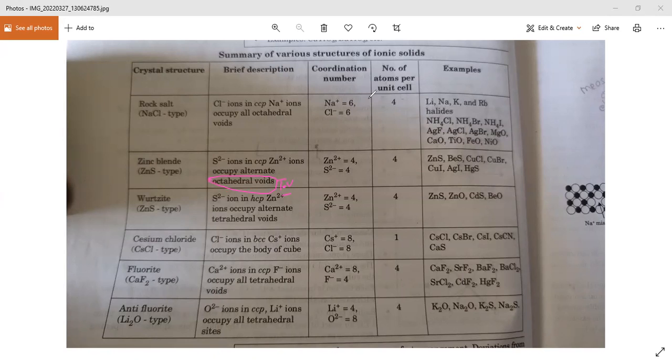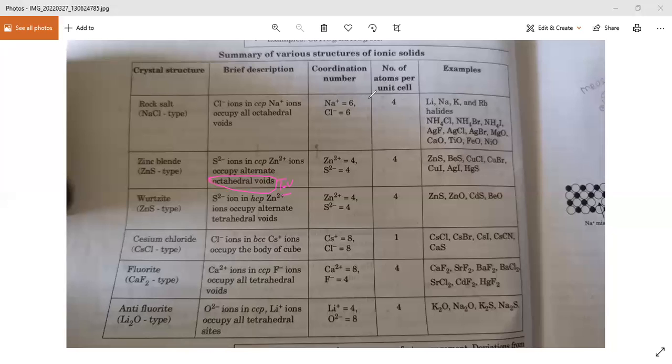The next one is a fluoride, CaF2. So if you take the fluorides, cations will occupy the CCP type of lattice and anions will occupy the tetrahedral voids, because calcium is bigger in size than the fluorine, right? So calcium will form the main type of lattice, CCP lattice, and the fluorine is the smallest size. As we go left to right in the periodic table, atomic size will decrease. So fluorine is the smallest size in that period. So it will occupy the